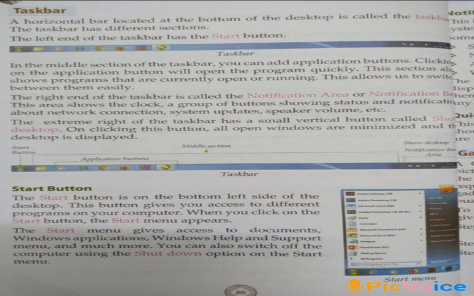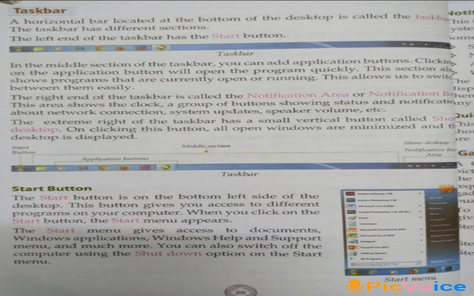Page number 20. Taskbar. A horizontal bar located at the bottom of the desktop is called the taskbar. The taskbar has different sections. The left end of the taskbar has the Start button. In the middle section of the taskbar, you can add application buttons.